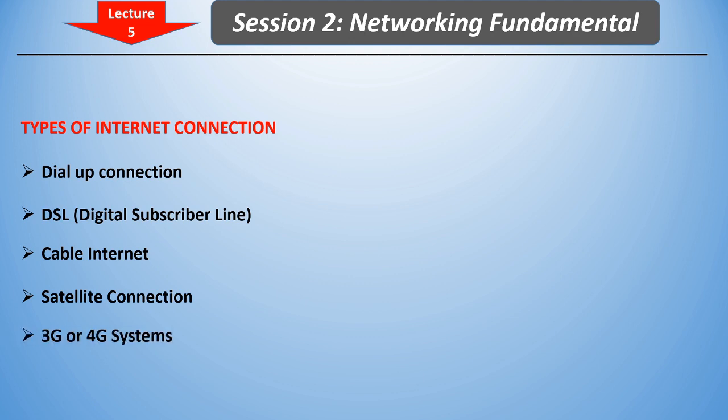Next is the 3G or 4G system. To use the internet on mobile devices, nowadays the 3G or 4G standards are used. Here G stands for generation. These standards allow higher data transfer speed and capacity. The 5G is the most current generation of cell phone networks, covering higher speed. It was started around 2014. Airtel launched 5G in September 2017.